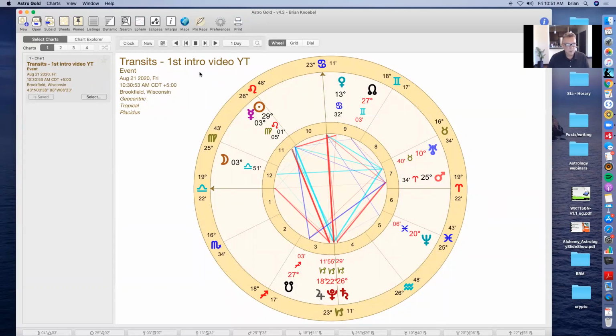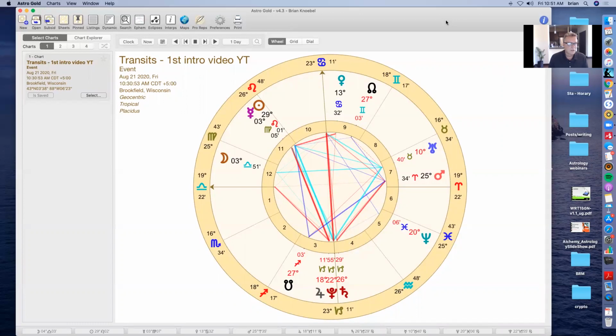I love AstroGold, this program for the Mac. I had been using AstroGold on my phone and my iPads when I first started out, and then when this became available a number of years ago, I switched over to this program, which is excellent. I couldn't say greater things about it. I just love it. They continually improve it, add new features. There's a lot of cool things. So I think I might do some just promotion of it just because I love it and it's a great program, and I like to look at the different features and the things that you can explore astrology with.